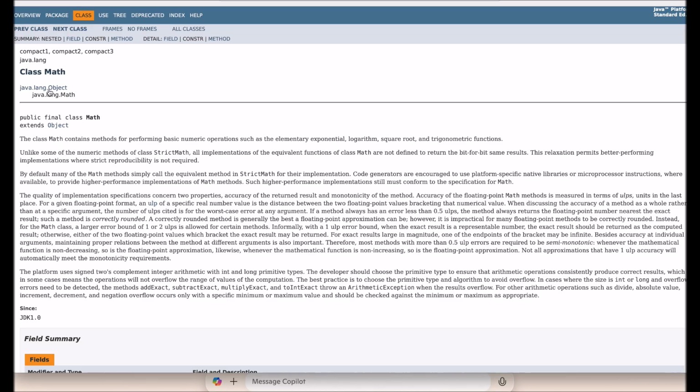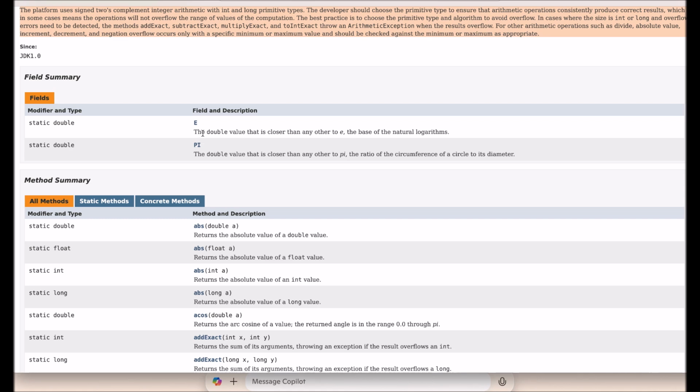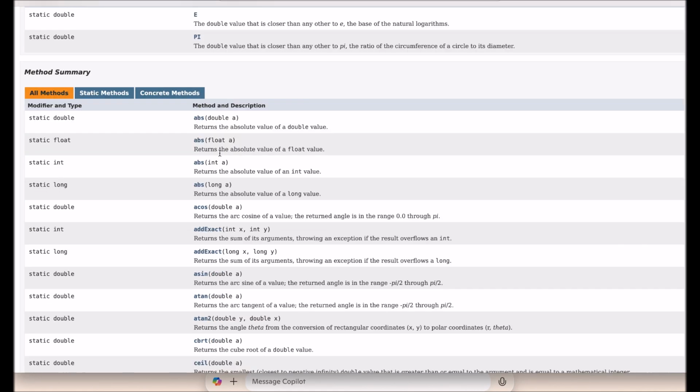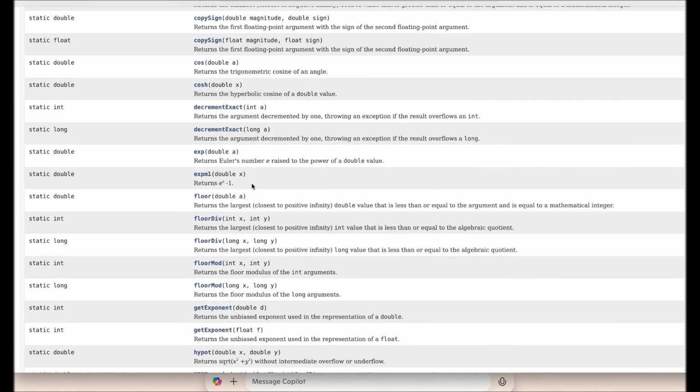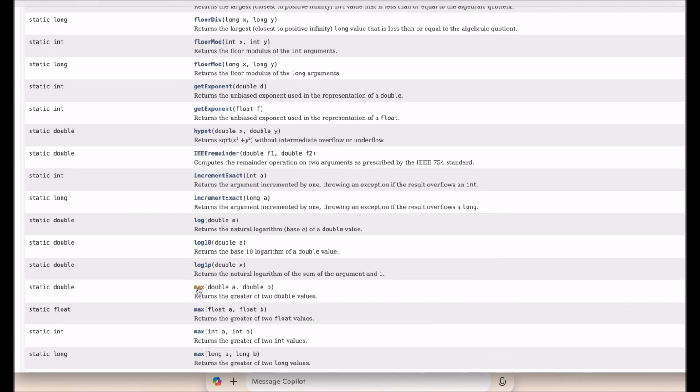Here I open the java.lang.Math class. This class has a very long Javadoc comment. This explains what this class does, what it's used for. Then if I go to the field summary, there are explanations for the fields. There's a method summary, so each method has documentation. And let's pick a specific method. Let's use the max method. So when I click on this,